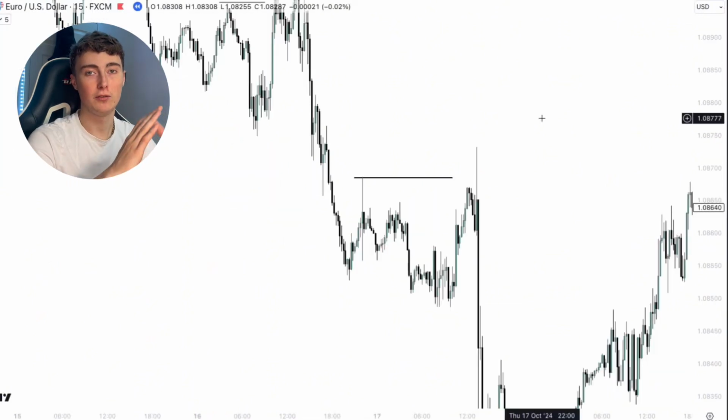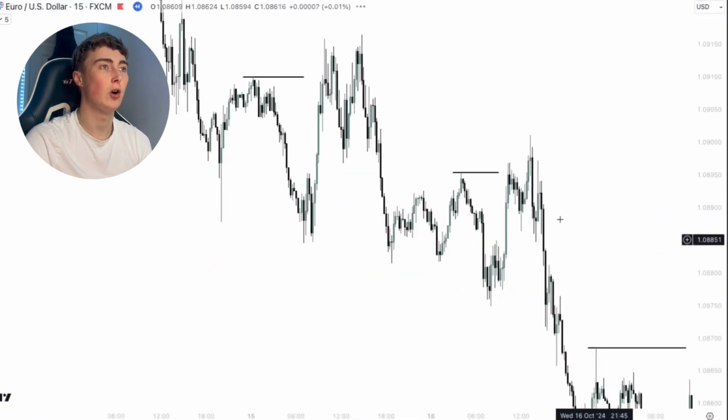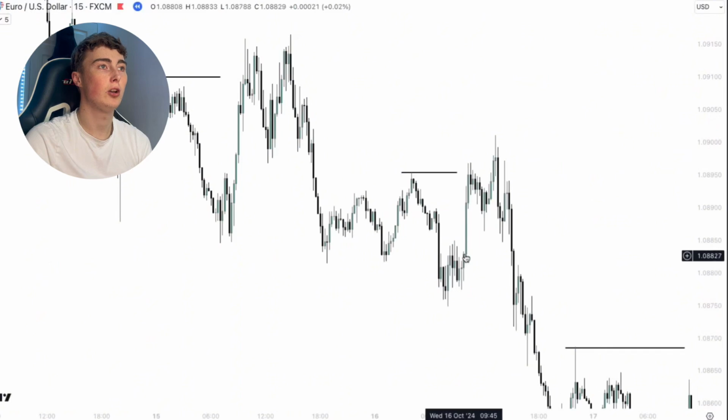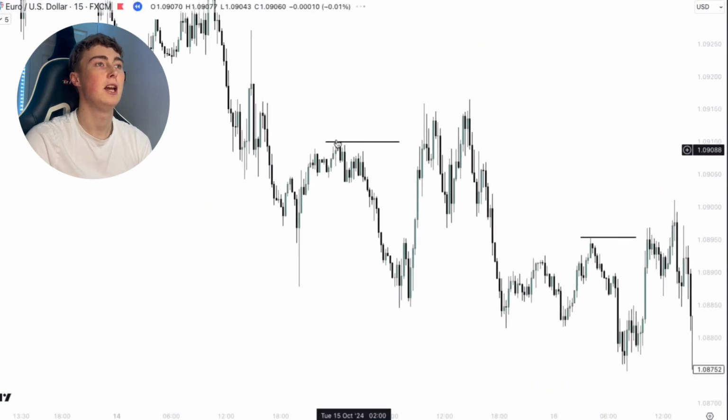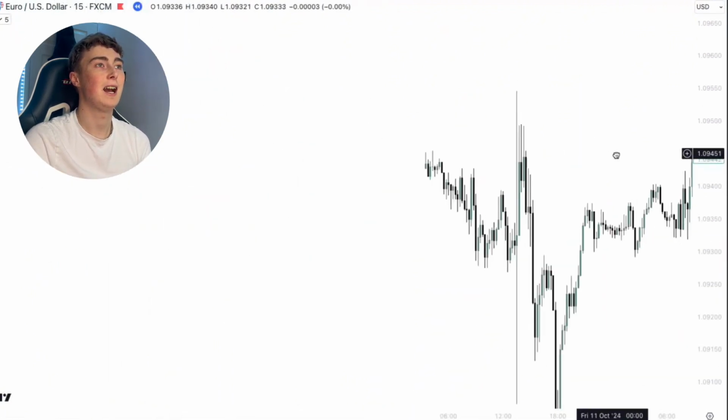One characteristic of these liquidity sweeps that is an absolute necessity for me, that I really have to see, is for it to be super aggressive. So you can see here we have this old high, we have a big wick, and then that rejects away. That is very aggressive. If we have a look at this old high here, you can see that this run up to take out that liquidity was 3 super aggressive bullish candles. Again, if we have a look at this old high here, we have very aggressive bullish candles that take out the liquidity. What we don't want to see is a very slow and sluggish move to take out that old high,